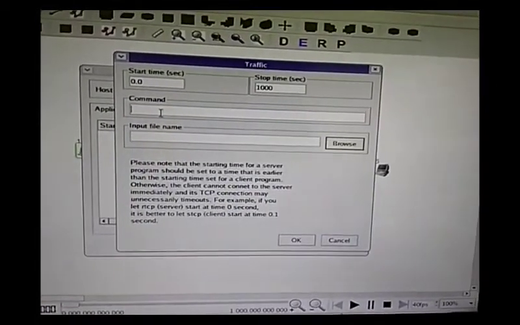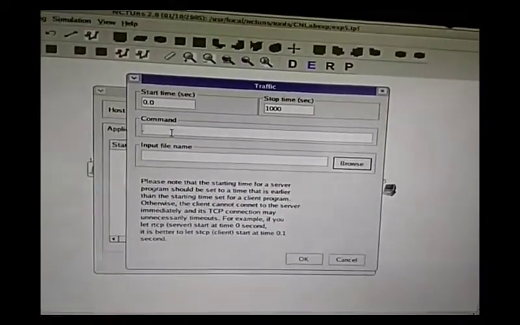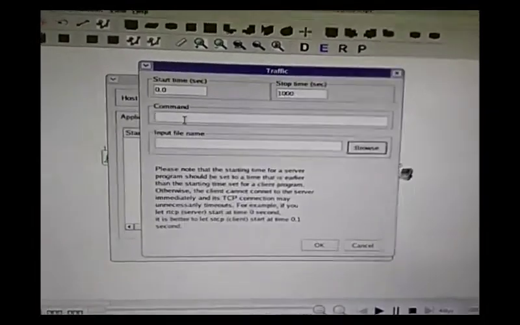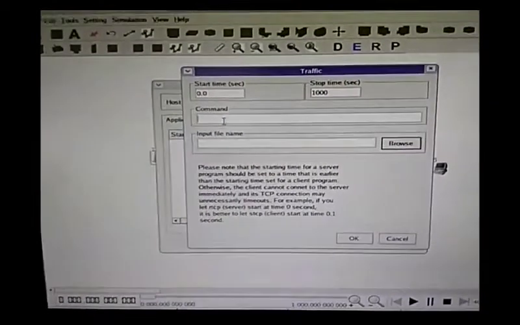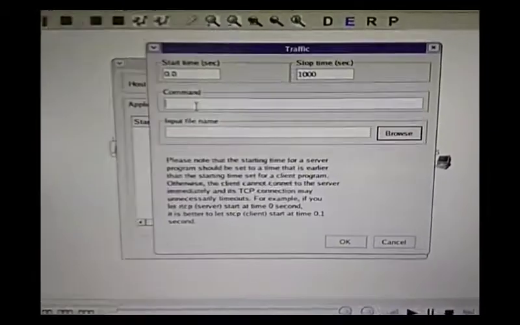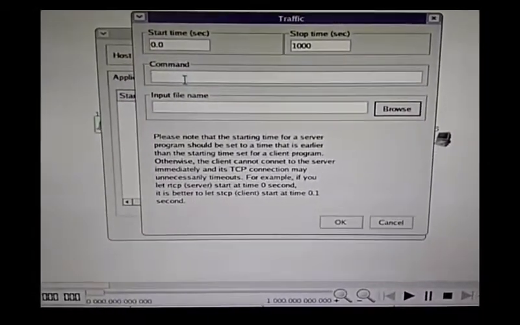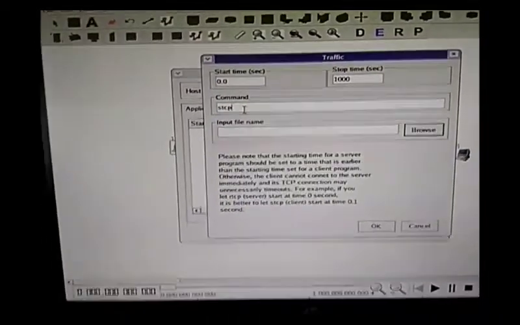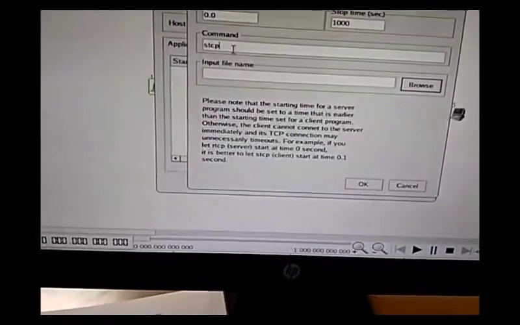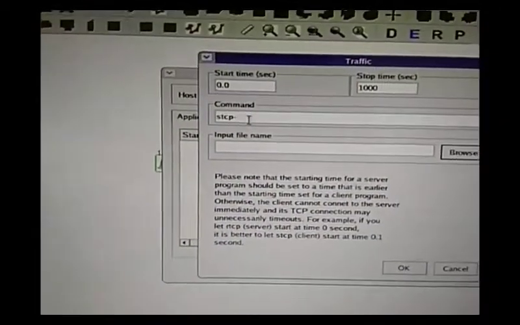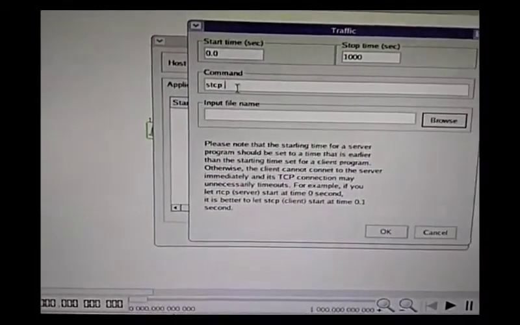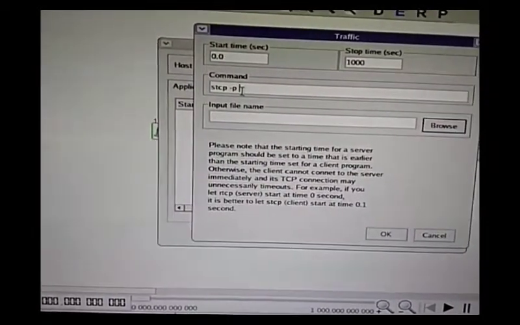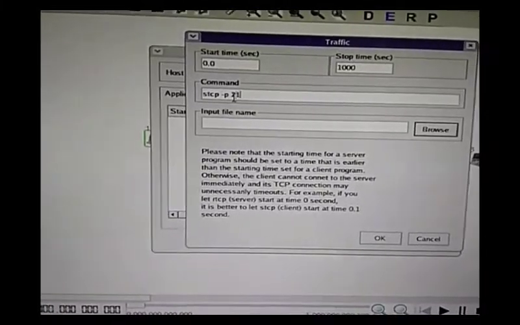So here we are going to first do the FTP. The FTP traffic we are going to create. The port number used for FTP is port number 20 or 21. You can use it for the FTP. Here I am going to type the command, that is stcp, so this is a TCP connection. stcp, hyphen p, the next one is the port number, here I am going to use 21,